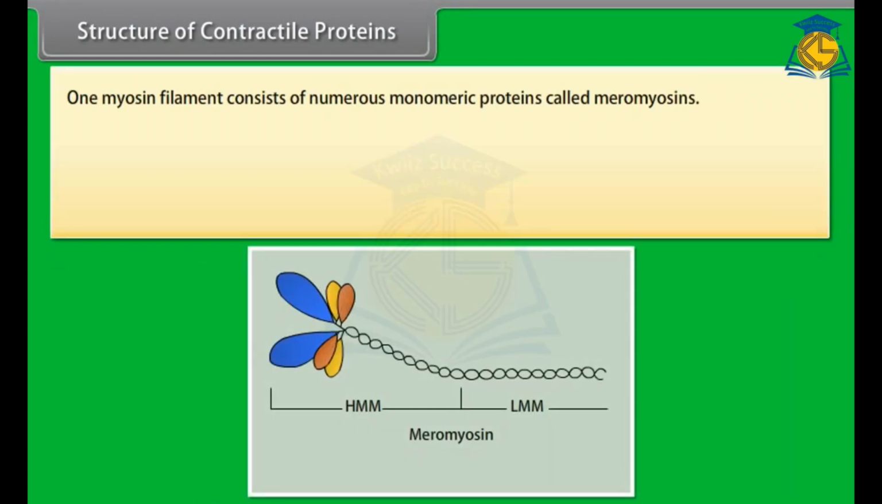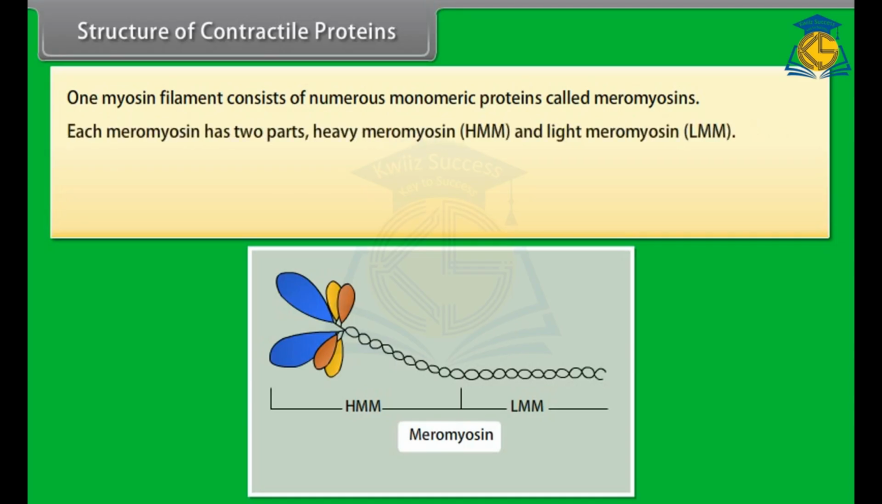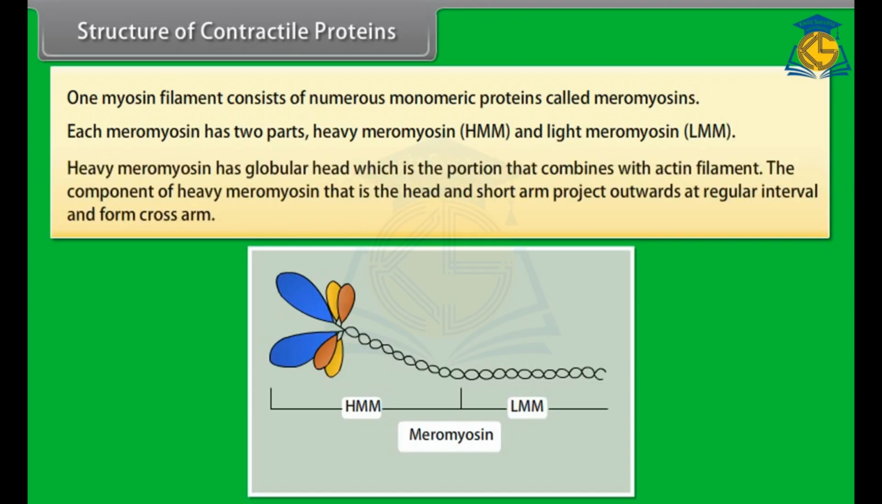One myosin filament consists of numerous monomeric proteins called meromyosins. Each meromyosin has two parts, heavy meromyosin, HMM, and light meromyosin, LMM. Heavy meromyosin has a globular head, which is the portion that combines with the actin filament. The components of heavy meromyosin, that is the head and short arm, project outwards at regular intervals and form the cross